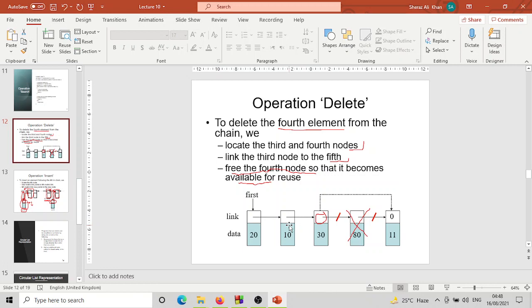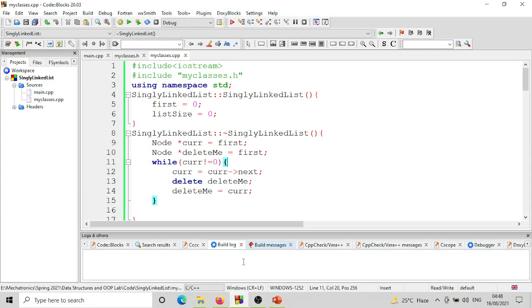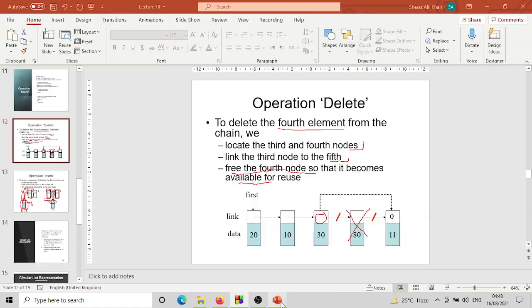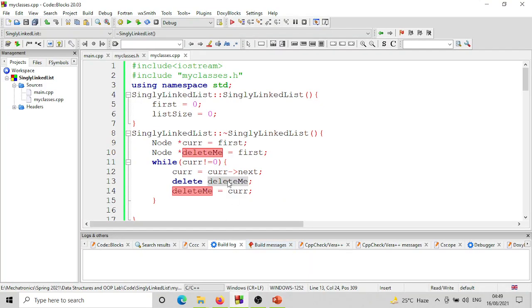ठीक है, सो current would then point to 30, this node, और इस नोड का जिसको हमने डिलीट करना है, इसका एड्रेस कहाँ पे मौजूद है? इसका एड्रेस हमने deleteMe पॉइंटर में स्टोर कर लिया था इस लूप की पिछली एग्जीक्यूशन में. So we delete this node, we delete this node as well, ये दोनों delete हो जाएंगे। और हम फिर क्या कहते हैं, this node is going to be deleted next. सो इसका एड्रेस हम deleteMe पॉइंटर में स्टोर कर लेते हैं. And then we get back here,